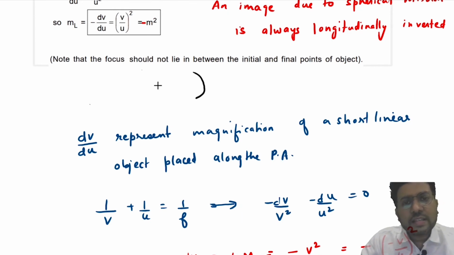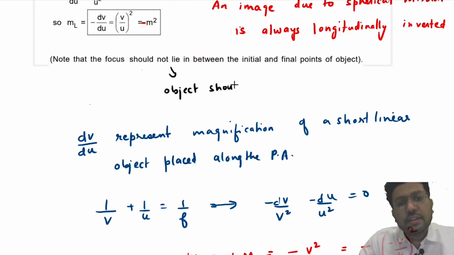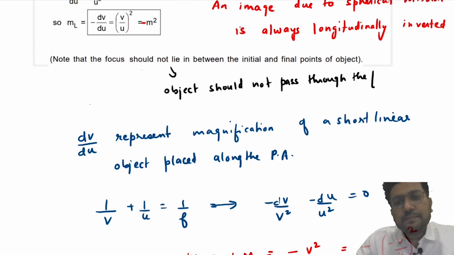Okay, or you can say that the object should not pass through the focus. So in simple words I will write here, object should not pass through the focus. Object should not pass through the focus. Okay, now